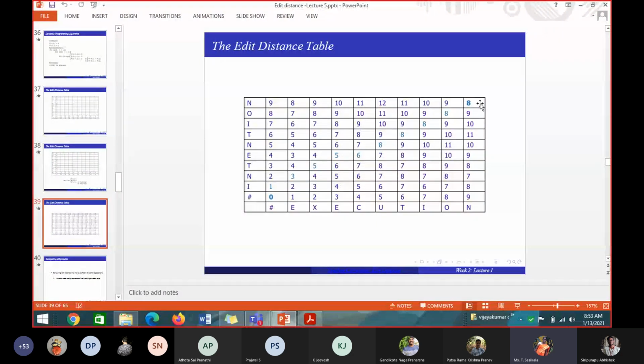Have you all put the box for 8? Yes or no? Please respond. You have to traverse along with me, students. Otherwise, at the other end, I couldn't make out whether you are following or not. Have you all made a box? I didn't teach anything. I am telling you to make a box for the last n comma n value. Once the table is completed, D of n comma n value you identify and make a box. So what is the box here? Which is the value I have to make a box here?